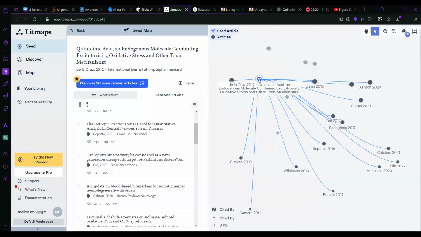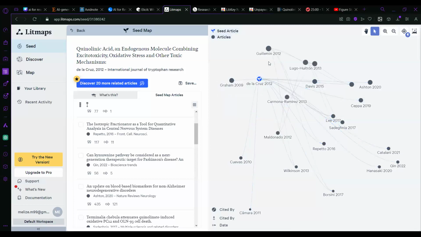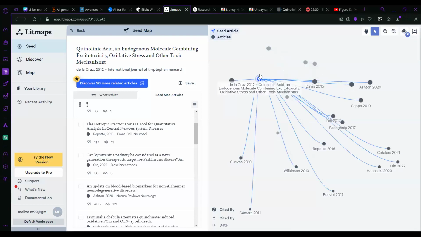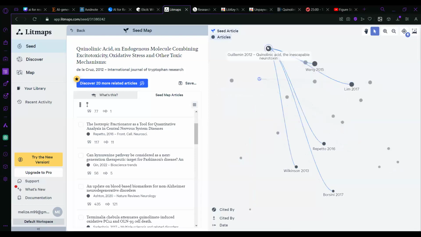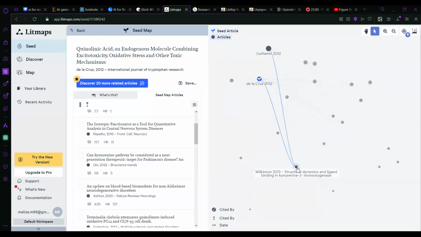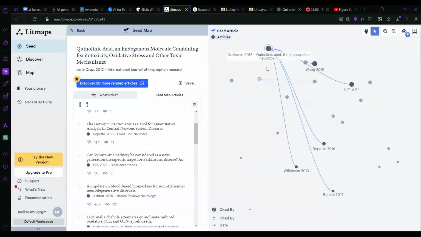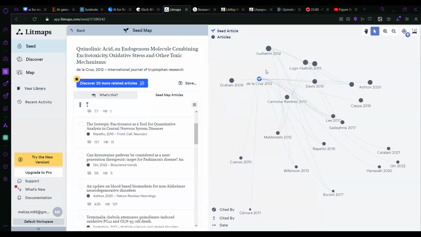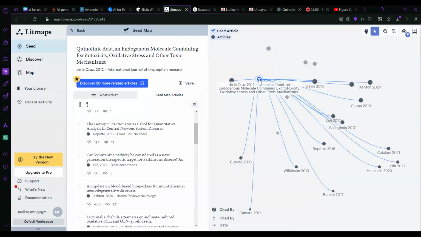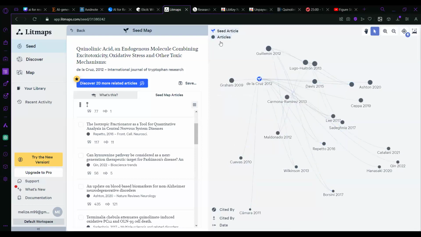So these are directly linked to the main article that you are putting in. And then all of the other ones are in some other way connected to the main article. So it's a good way to find maybe just other references as well outside of the article that you are reading that it still has a lot to do with your main topic.